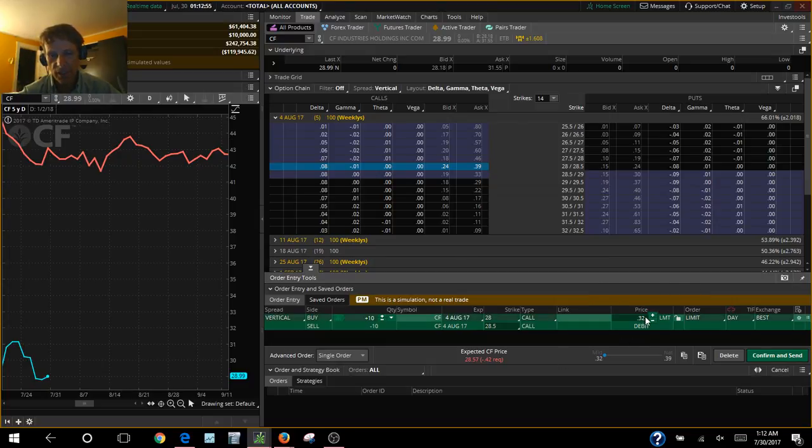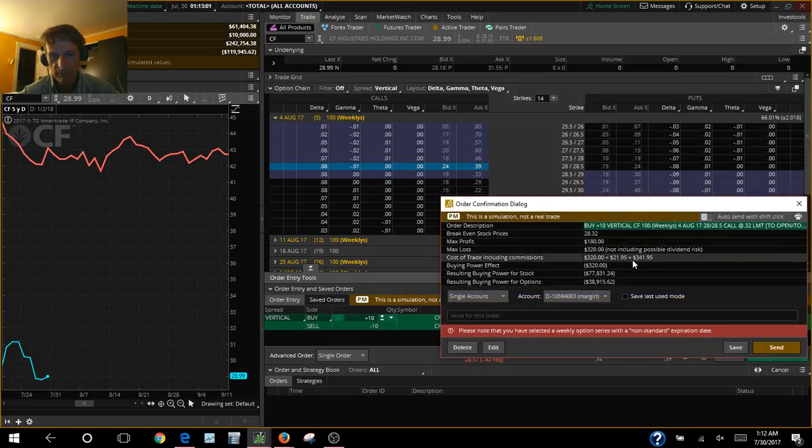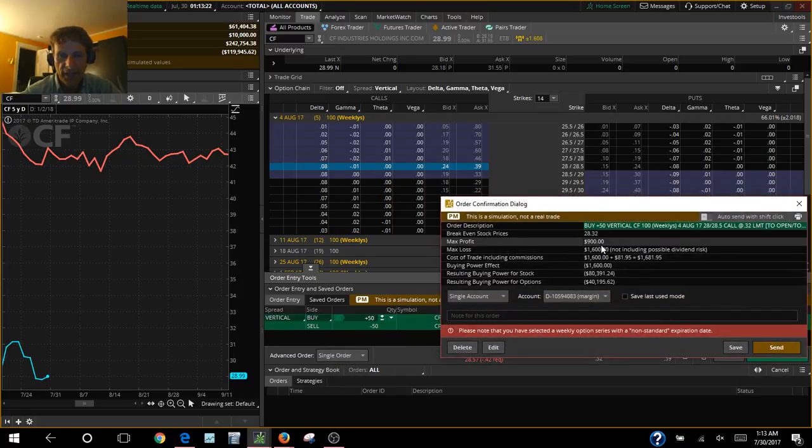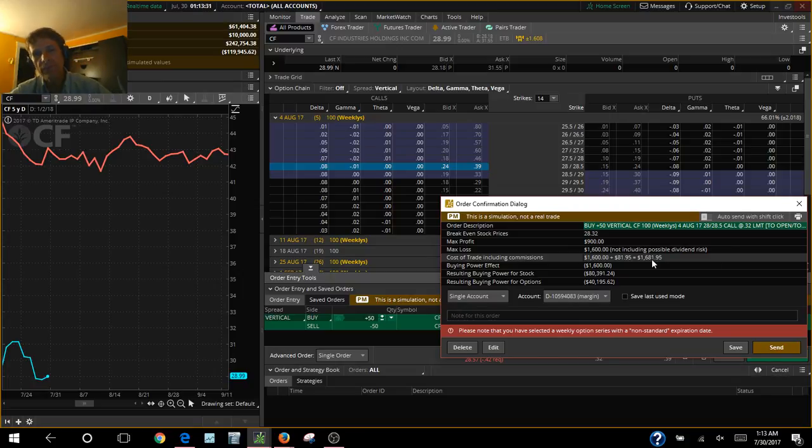Look at this, 32 cents. That could give me more than 50% return. Let's get out of there, and I like doing 50 contracts. 50 contracts makes it worth my while. Okay, make $900, and it's going to cost us just a little bit under 1,700. So that is more than a 50% return. However,